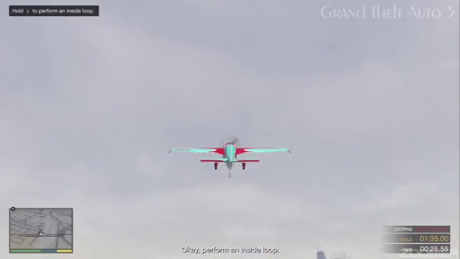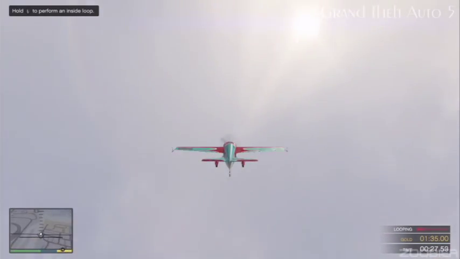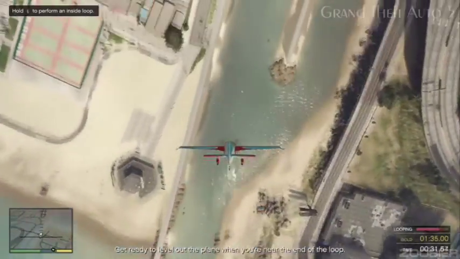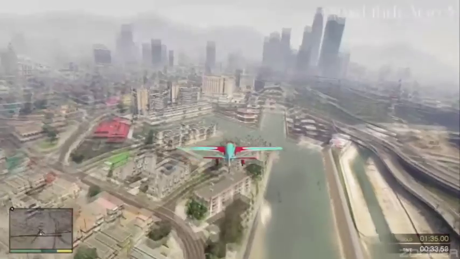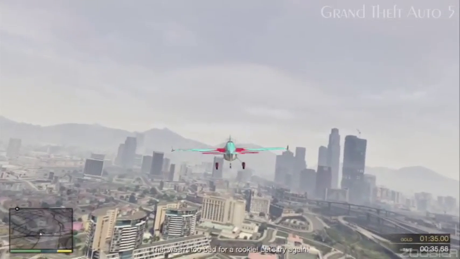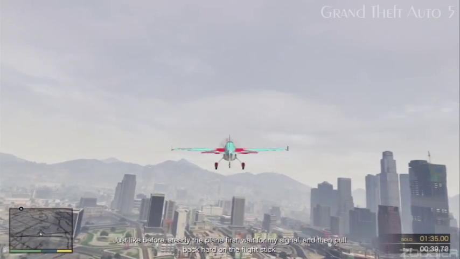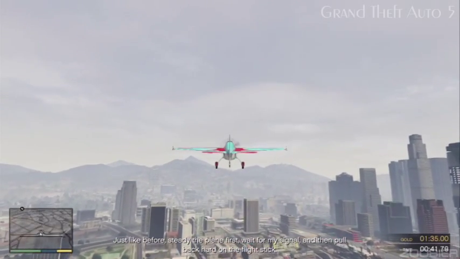Okay, perform an inside loop. Get ready to level out the plane when you're near the end of the loop. That wasn't too bad for a rookie. Let's try it again. Just like before, steady the plane first, wait for my signal, and then pull back hard